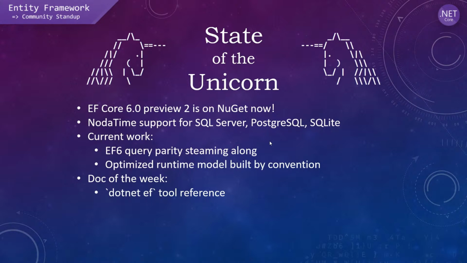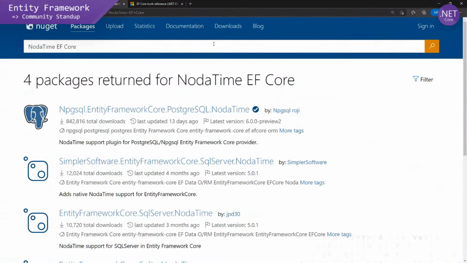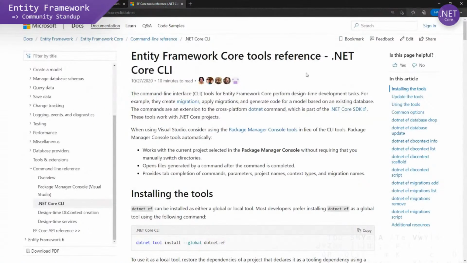So Erik EJ is going to talk about EF Power Tools. And so that's where you want to go if you're on Windows and you're using Visual Studio. But I just wanted to point out that for those of you using the command line, we have this tools